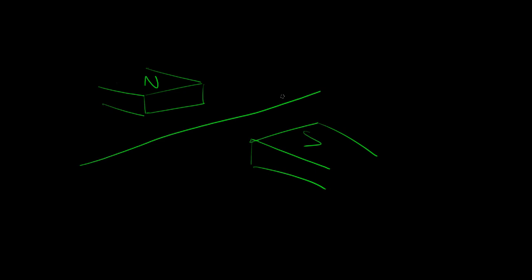Just get two magnets. So you have a north magnet, get another magnet, a south magnet, okay? Then have a wire just running in that direction, and have a current pass through it in this direction. What you'll find is,